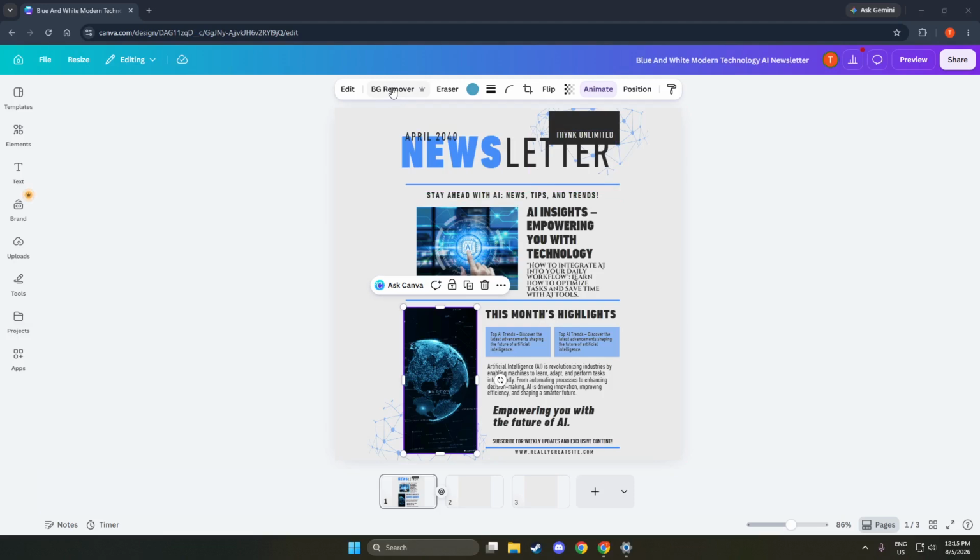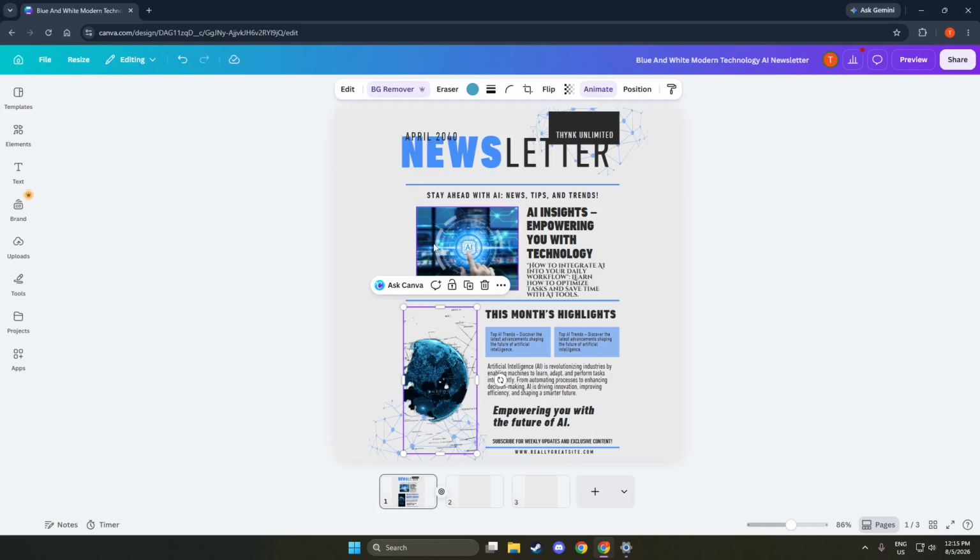From there, click Edit Image in the top toolbar. Look toward the top of the screen, above your design, and you will see a row of buttons. Edit Image usually appears near options like Crop and Flip. When you click it, a panel opens on the left or as a drop-down, showing different image tools. If you do not see Edit Image at all, it almost always means the selected item is not an image, so go back and check that you are not on a text box or a background color.